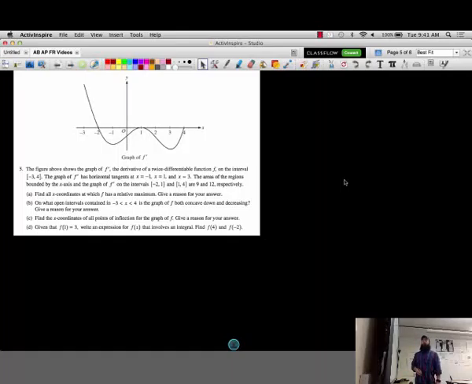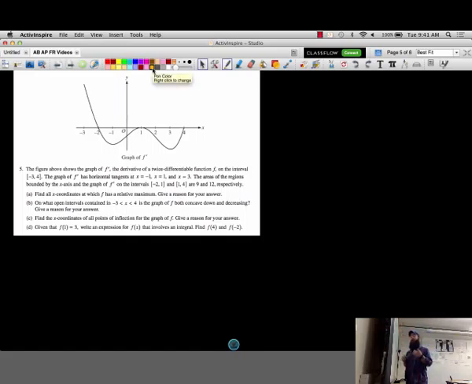So this is problem number 5 from the AP Calculus AB free response. I'll give you a moment to read the problem and then I'll work through it. Okay, so this problem gives you a graph, and it's really important to understand whenever you're given a graph in